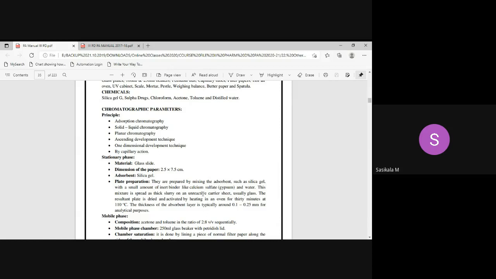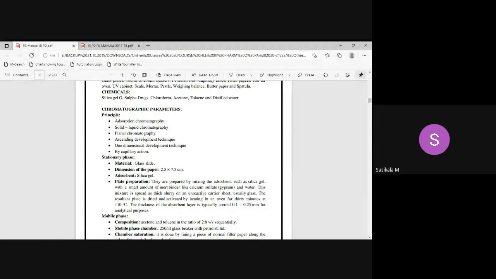Then it is activated. Activation means the water cannot be dried soon at room temperature, right? So we need to evaporate the solvent present. What solvent have we added? Water. We need only silica gel for separation. We don't need water. If it is present, it will interfere with the mobile phase composition and will affect the Rf value also. So we need to evaporate all the water present in the slurry, and any microbes, interfering materials or foreign particles present with the slurry will be removed or deactivated.